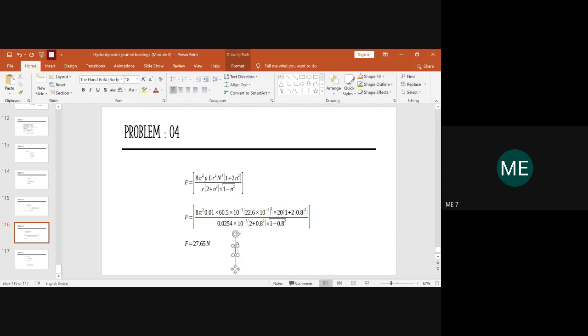They haven't taken the value of n properly, it is just 20. In our case it is 1200. So the value of f will get changed again. So please calculate and let me know the answer.